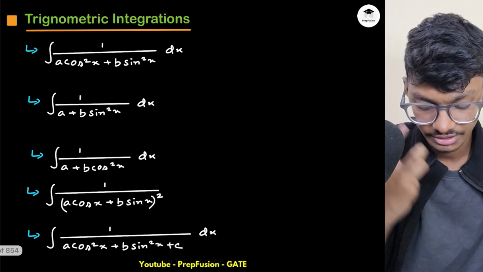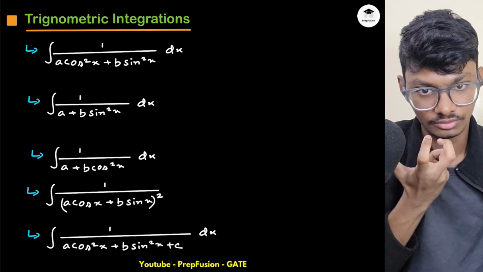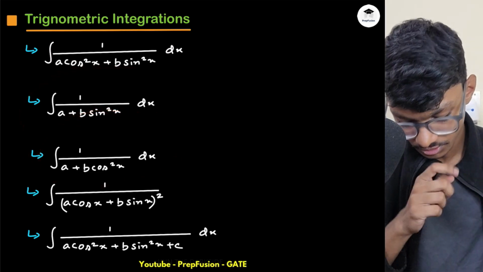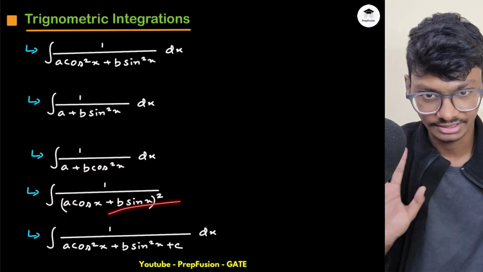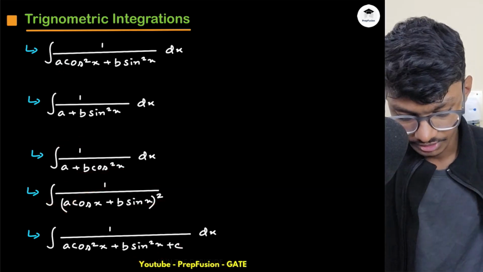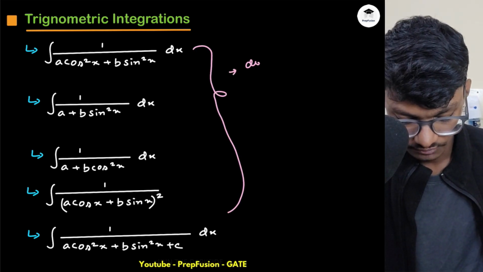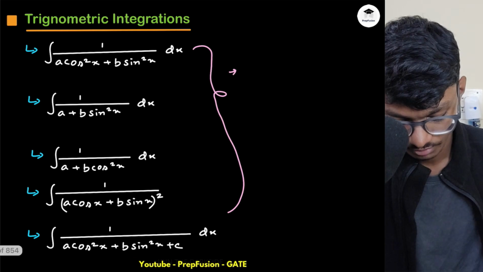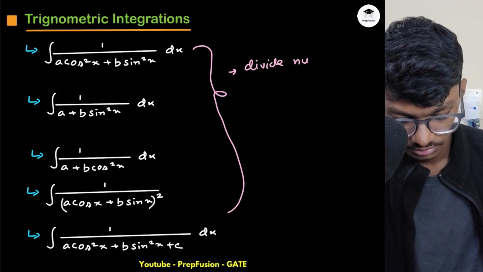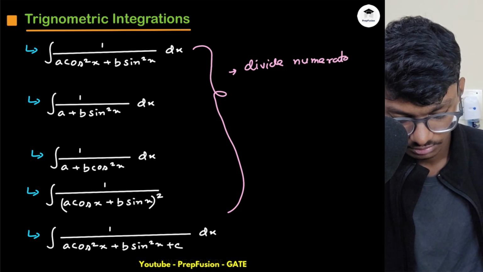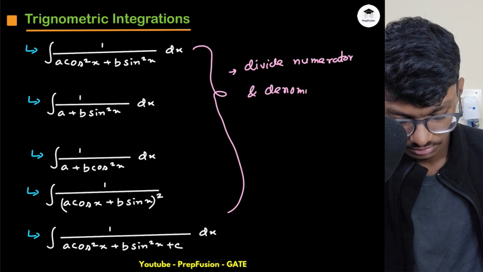So next is trigonometric integrations. So if I have some format like this, what will you use? What format will you use? Whenever you have sine square, cos square, or anything in square terms, what will you replace for all of this? Divide numerator and denominator